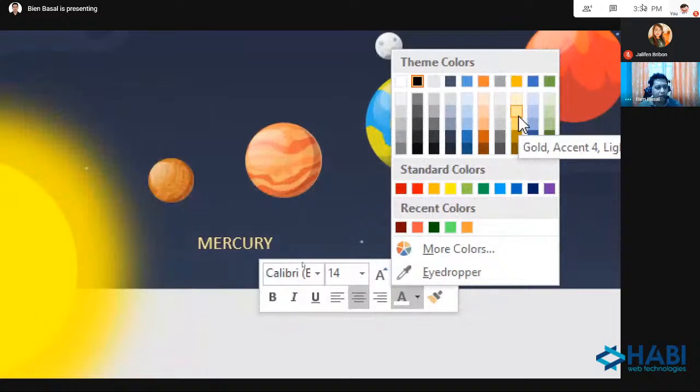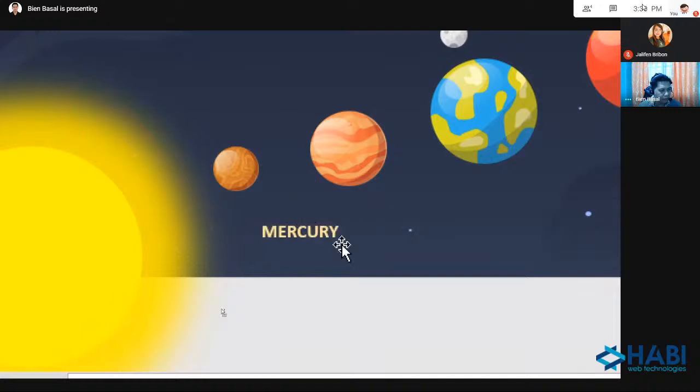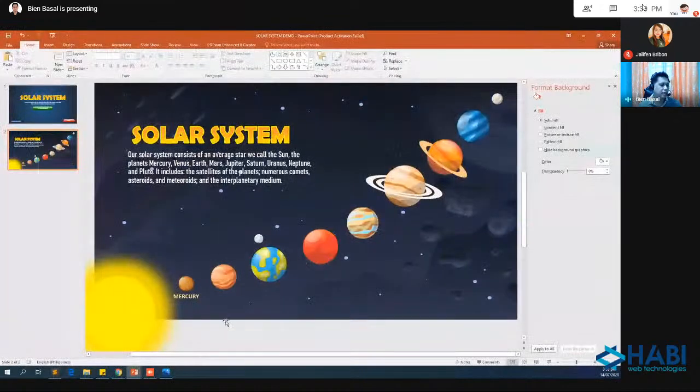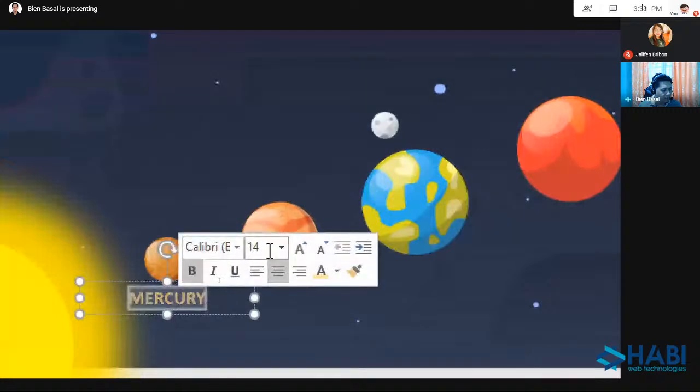It's okay, no? So instead of white, I will use this one, like yellow. Bold. And I will move it here, Mercury. Zoom out. I will check. Okay, I think it's good. Maybe a smaller font. Maybe 12. Okay.